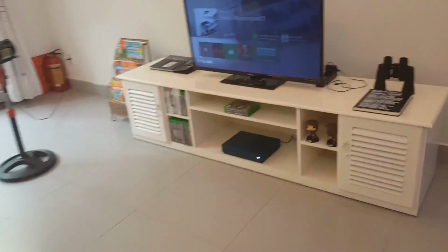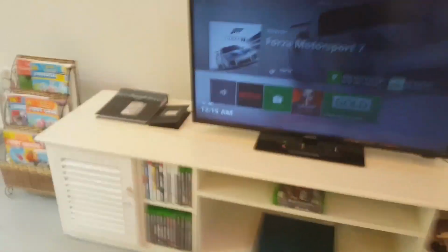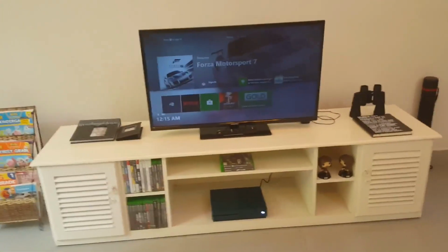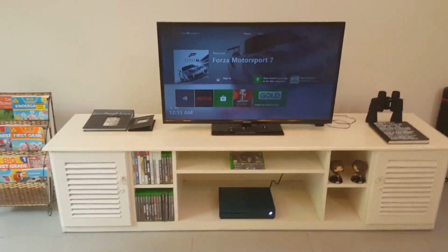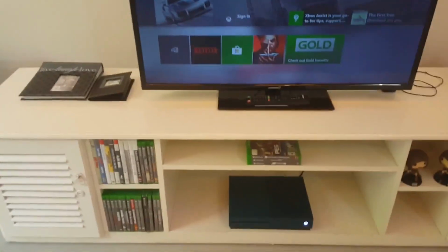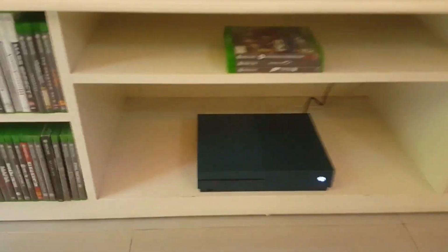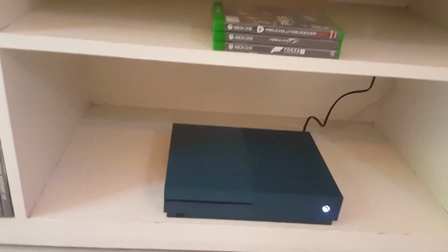Yes, I brought the Xbox. I'm an Xbox guy. Gamer, old school gamer. One of the things I knew I was gonna keep by my side was my Xbox, so that's one of the things I brought along with me. I was wondering if I can actually use it here in Asia, but yes, you can use your American Xbox in Asia. This is the Xbox One,